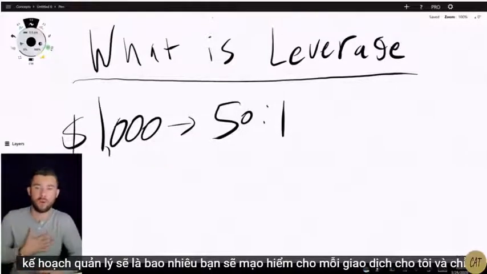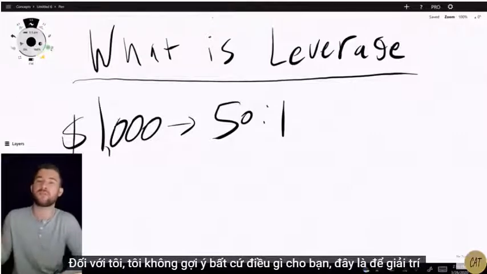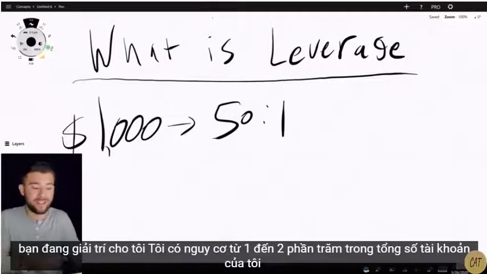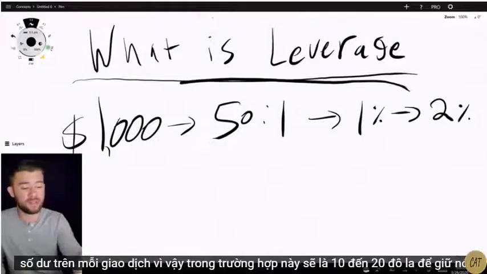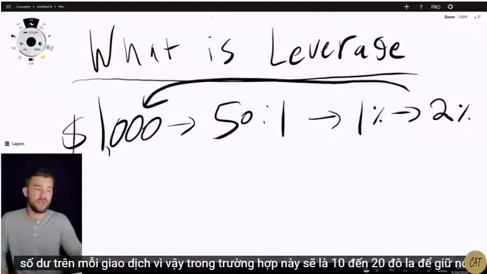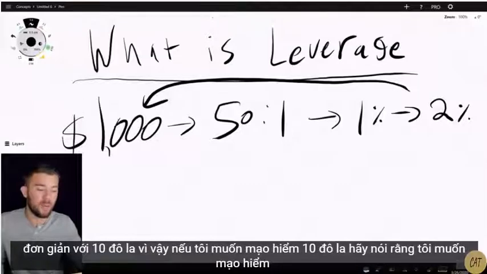For me, and only for me, I'm not suggesting anything to you, this is for entertainment. Hope you're entertained. For me, I risk between 1 and 2% of my total account balance per trade. So in this case, that would be $10 to $20. Let's keep it simple with $10. So if I want to risk $10,